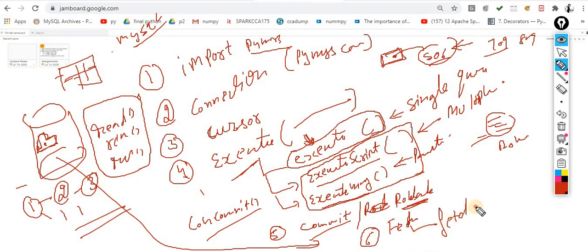Fetchone. Fetchone, as the name specifies, fetches only a single record, where the cursor is. Now fetchall. Fetchall means it will fetch all the data, in the form of a tuple or list. I am not sure whether it is a tuple or a list, but 90% chances it will return the data in the form of a tuple.